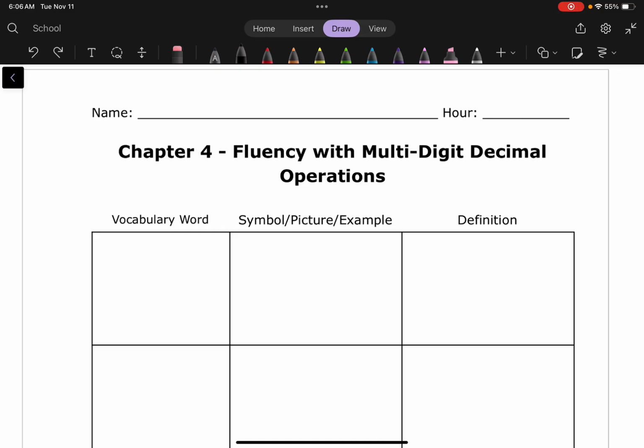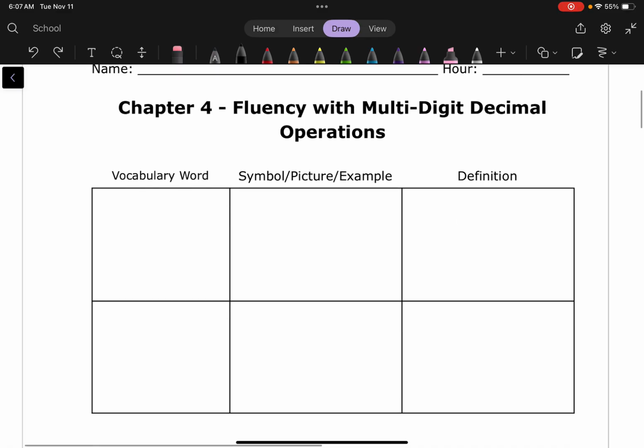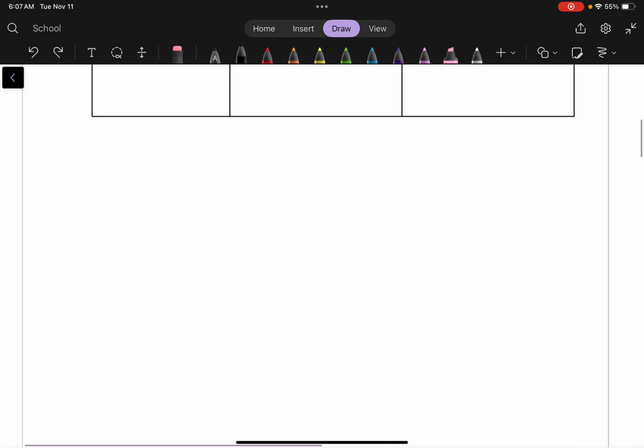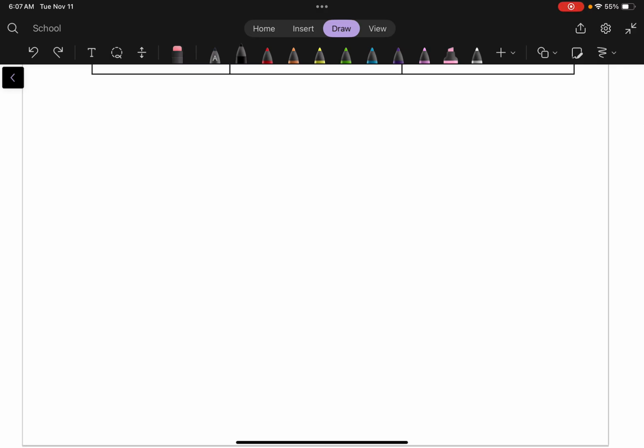Today we are going to start with Chapter 4, and a lot of Chapter 4 is just a review of what you guys have done in 5th grade. So, for Chapter 4.1, we don't have any vocabulary words, but something to remember and something to write down is